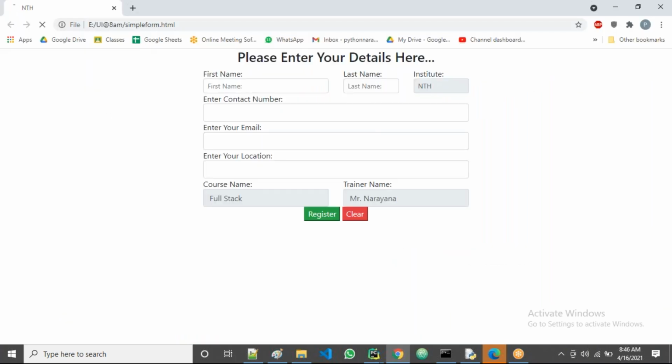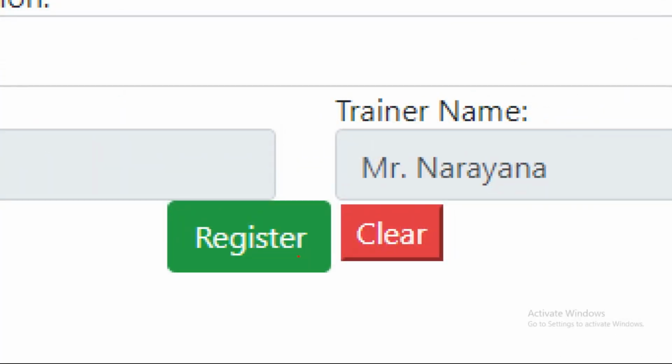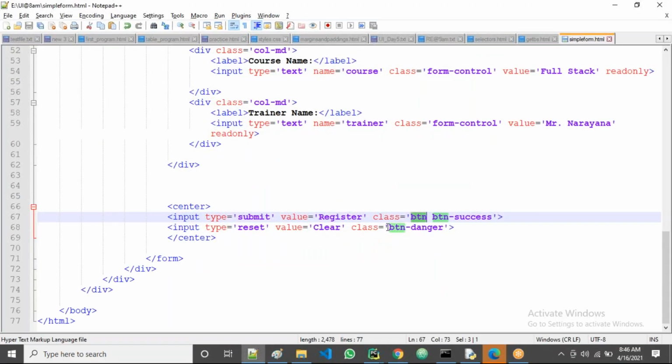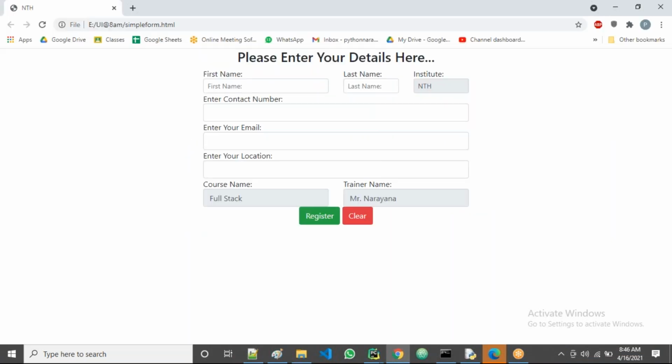Let's go here and refresh. Yes, guys. Now all of you observe. Can you see the difference? Previously it was like this, but now see the format, a little bit changed, right? Now I take the button class for the clear also. I'll take now BTN space, right? Let's go there.